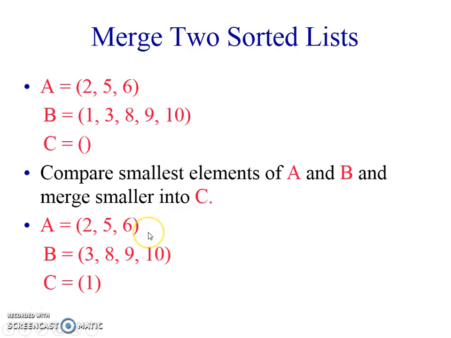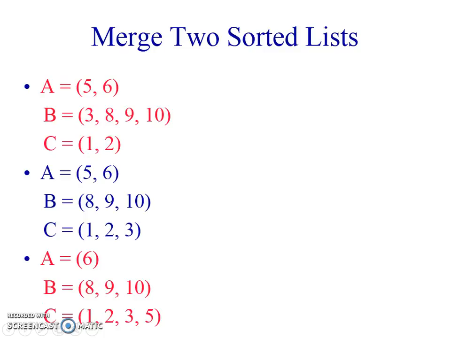So now, how does the merge work? Because I want to find the final complexity. So when you look at merge, you see that taking two lists which are sorted, I need to get a C, which is the merged sorted list. So what do I do? I try scanning the elements of the two lists. So I compare the first two elements, whichever is smaller, I add it to the C. So when I compare 2 and 1, 1 is smaller, I add 1, I remove 1 from B. And then again, what do I do? I have to compare 2 and 3, 2 is smaller, so I add 2 to C and then remove 2 from A. I keep on repeating this till one of the lists is empty.